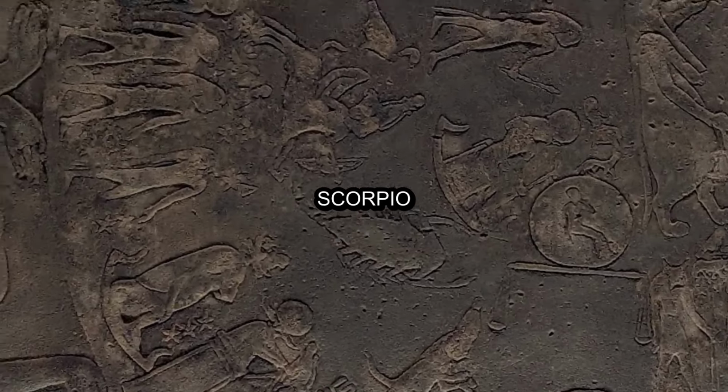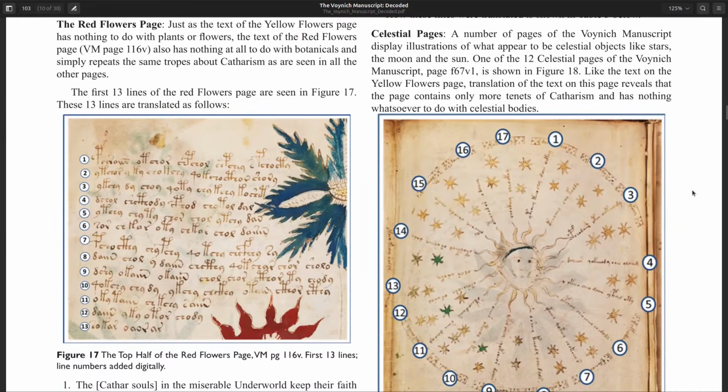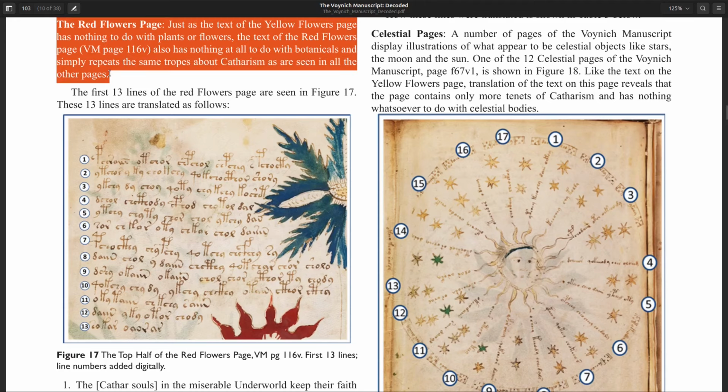This paper is quite interesting as it affirms the text translated, regardless of the section, deals exclusively with the Cathars and their faith. In particular, translation of the text in the botanical section deals exclusively with the Cathar faith, with no connection whatsoever to the plants depicted. If the translation proves to be correct, some Voynich manuscript researchers might fear that this could mark the end of their quest. But actually, what this would mean is that the translation of the text will be of little help